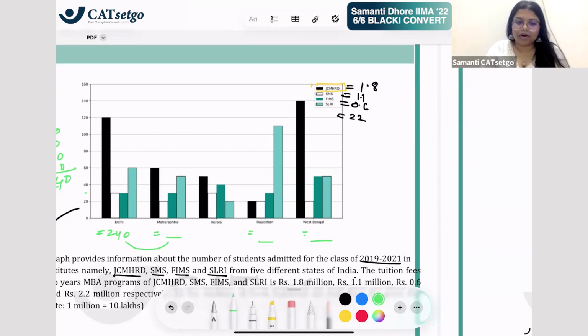One can also be a bit smart about it and see if you can directly eliminate certain things. जैसे कि यहाँ पे देखो ये बार यहाँ तक है, यहाँ तक कोई बार तुम्हें मिल रहा है क्या? नहीं मिल, ये बार देखो ये बार यहाँ तक है, ये बार भी वहां तक ही है, तो इन दोनों को एलिमिनेट कर सकते हैं हम, कंसिडर ही नहीं करना है, राइट. एंड देन सिमिलरली वी हैव दिस एंड दिस सिमिलर हाइट, ठीक है, इन दोनों में और इन दोनों. तो ऐसे भी तुम एलिमिनेट कर सकते हो कुछ चीजें कि डायरेक्टली मुझे डिफरेंस पता चल जाए rather than I having to calculate it.